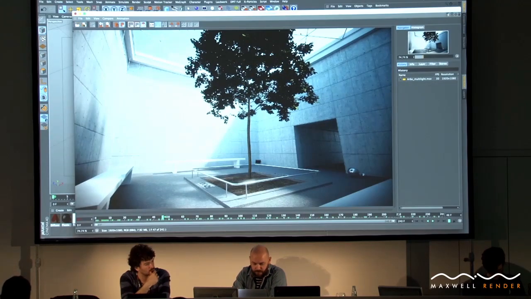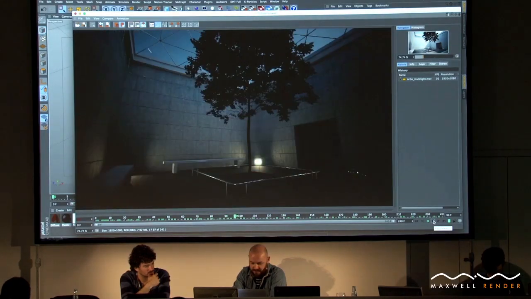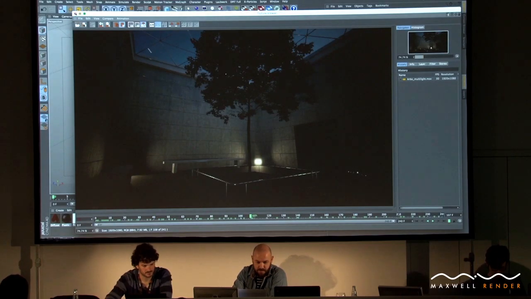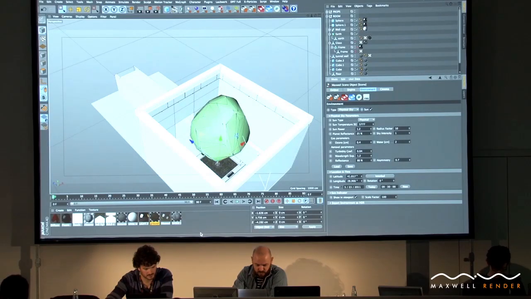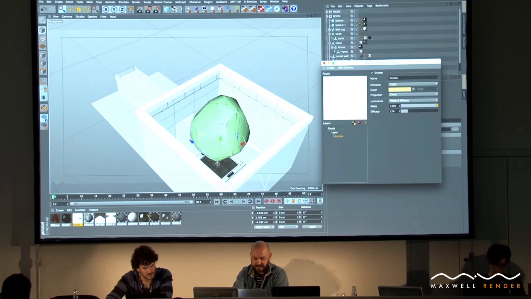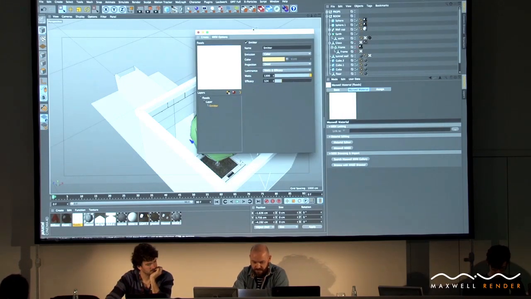Now, this render itself, like I was saying, is created using the sky environment, the physical sun, and I've got geometry in the scene emitting lights. Now, this is probably a good time to talk about the lighting and how you can set up your own lights within a scene. So I have floodlights in here, and if I open up the material editor,